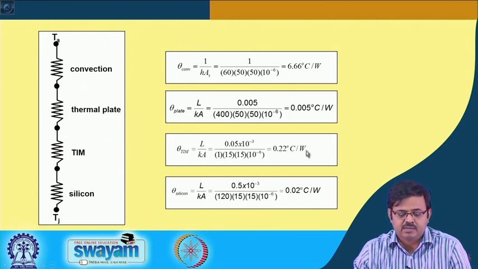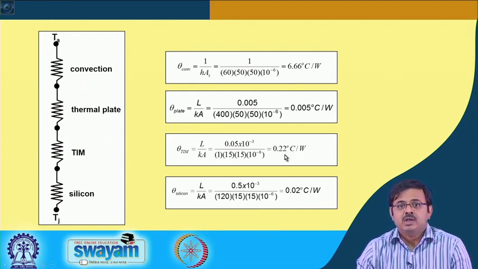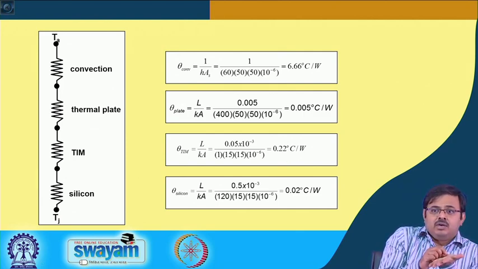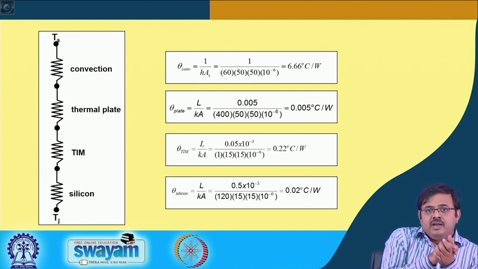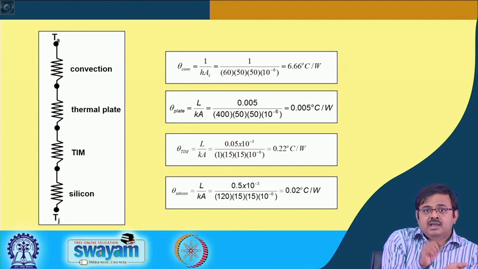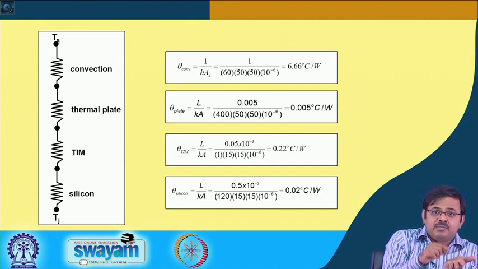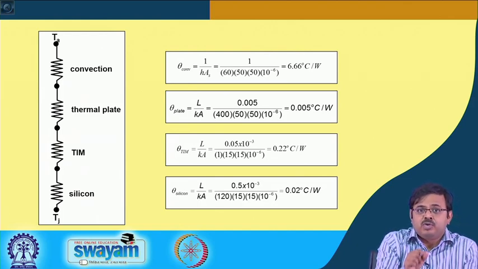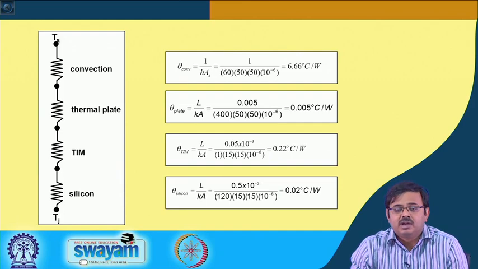So, look at this, the thermal resistance is 0.22. So, imagine a very thin layer of thermal interface material, 50 microns, results in 0.22 degrees C per watt. So, if 10 watts is flowing, then that itself results in a temperature gradient of 2.2 degrees across the thermal interface material, and that is after we have put a thermal interface material with a thermal conductivity of 1 watt